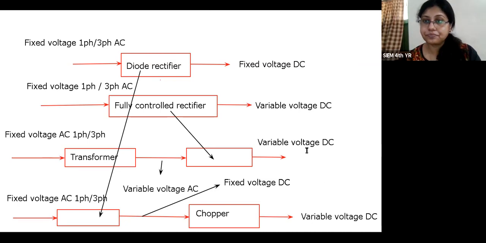Now, please write down each and every block diagram so that you can understand the power modulator device properly. Okay, so I'm erasing it, and